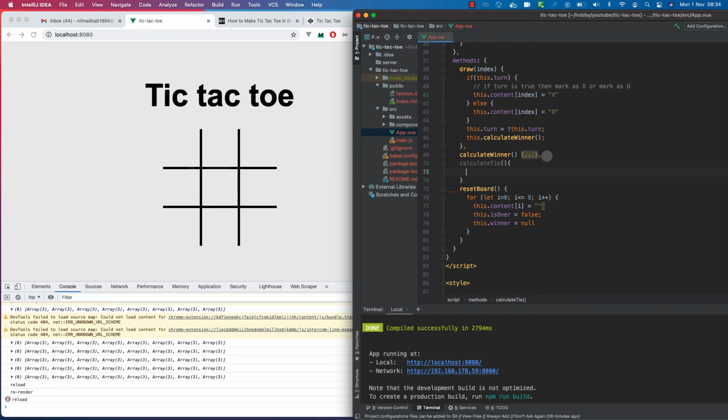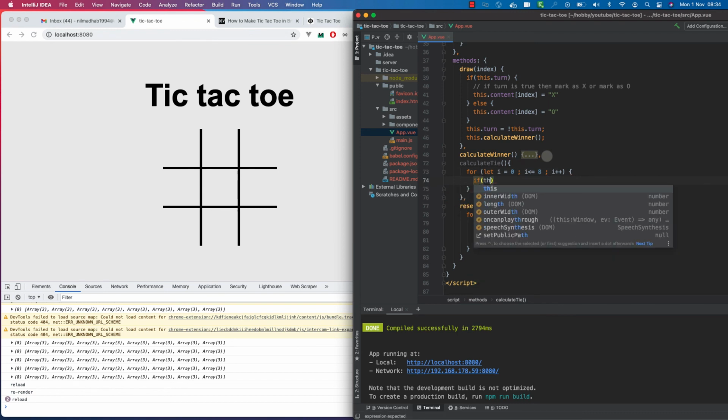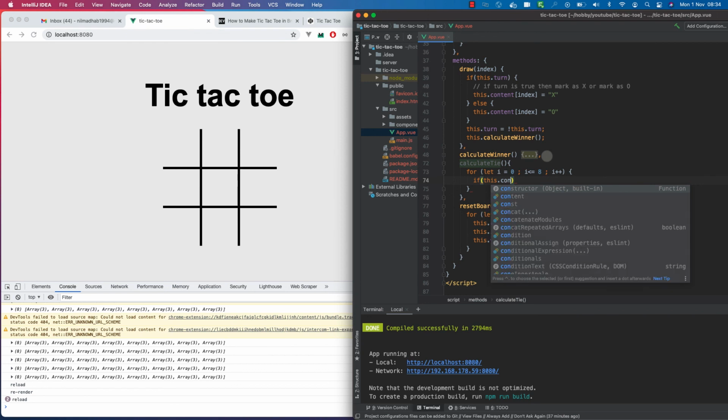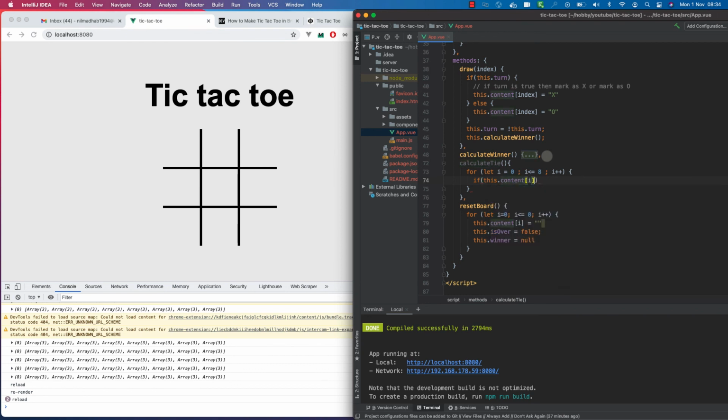So if there is even one empty space in the board, then it's not tie, right? We'll check if there is an empty tile in the board. So let i equal to 0, i less than or equal to 8, i plus plus. If this.content[i] equal to empty string, then we just return, because the board is not tie. Or else this.isTie will be true,